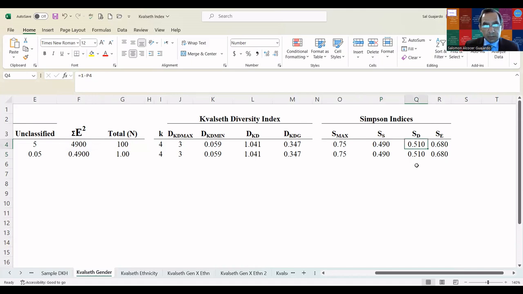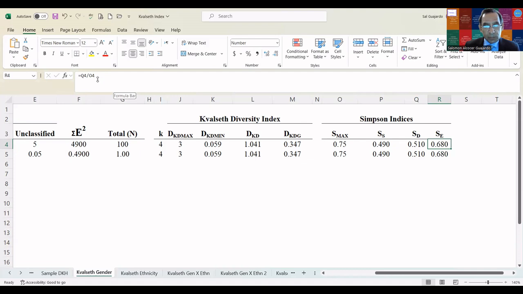To obtain the Simpson diversity score, it is 1 minus the concentration score. So it's 1 minus 0.490. That gives me 0.51. That 0.51 indicates that there's a 51% chance that the individuals selected will be of different gender groups. Again, if I want the standardized score, it is the